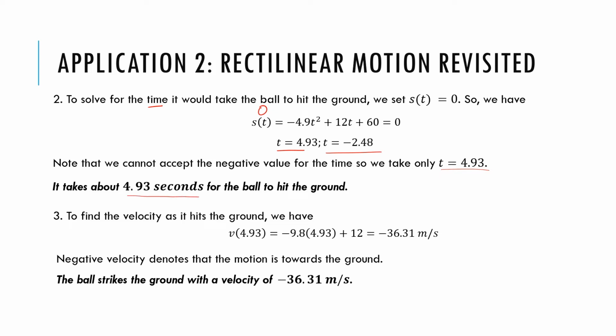Next is, find natin yung velocity. Yung velocity doon sa pagkabagsak niya sa ground. So, itong 4.93 na ito, gagamitin na natin siya. Substitute, guys, then you will get negative 36.31 meter per second. Kaya siya negative kasi nga towards the ground yung velocity niya. So, ito yung ground. Pababa kasi yung pagbaba ng bola. So, this is the ball. Yan. So, yan. Na-answer na natin yung